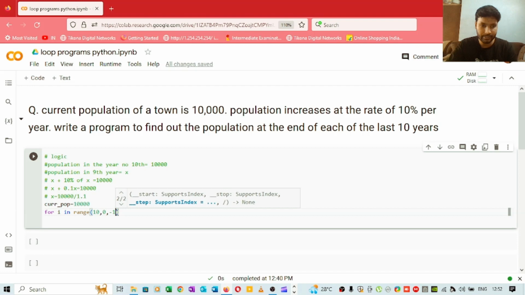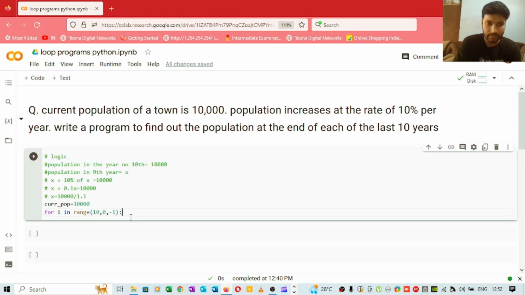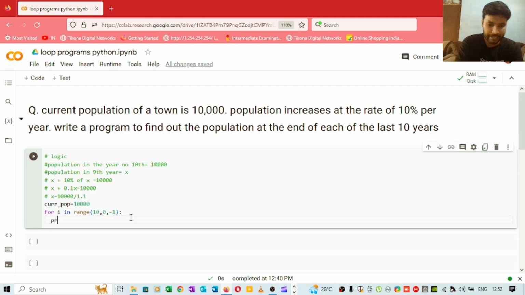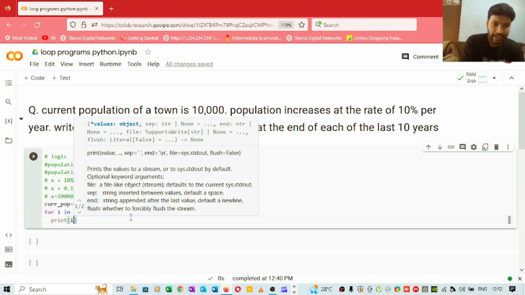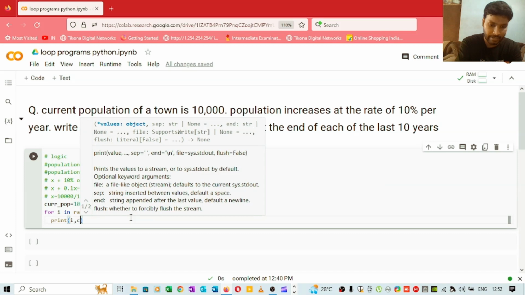So see, now we have the current population value, and we are taking the for loop. Now what we have to do here is we have to give this, and now we will simply print I. That means whatever the year number we have, that will be printed, and after that the population of that year. So we will write current